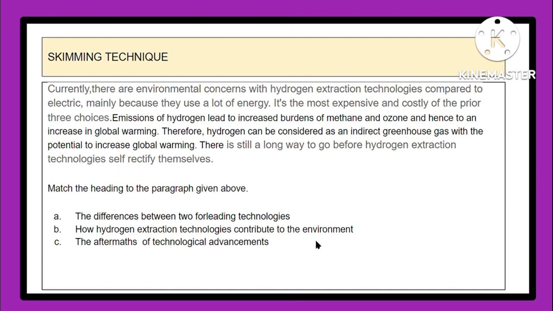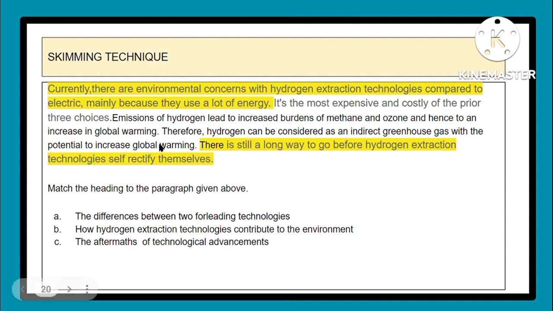Alright guys, now here we are at the third skimming technique practice with me, and I have once again a paragraph with certain instructions given as questions. So like every other test, I'm going to go through the first line and the last line of the paragraph. I'm going to read it roughly, and then directly jump to the question. This question once again is asking me to match the appropriate title to this text. So I'm going to read the question, and underline and highlight the words that